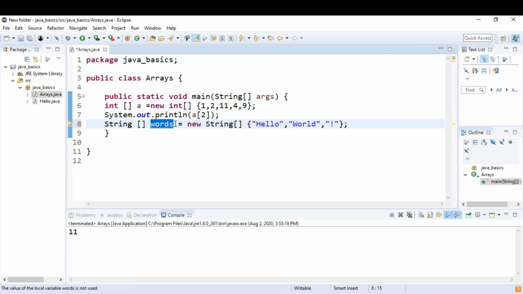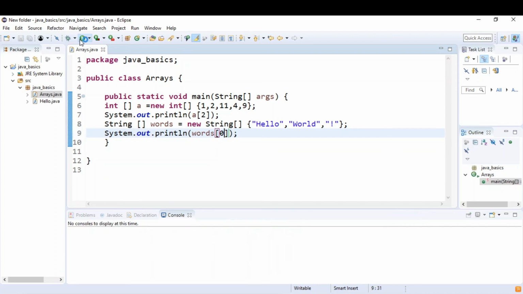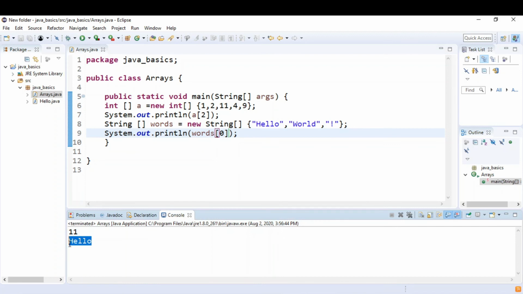So now an array words has been created of type String, and now it can store multiple strings. See, I will show you sys out, and I'll print words of 0. Let's save it and run. So here it will print hello.